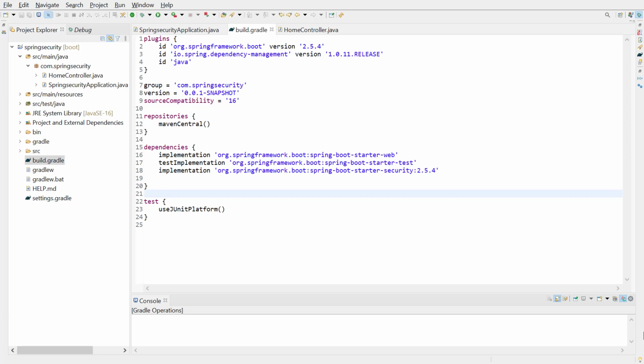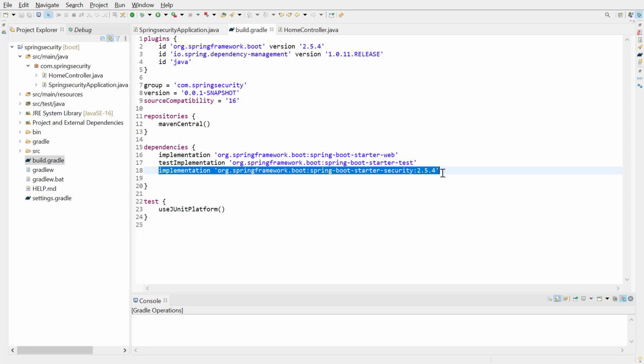In the last video, we saw that by adding this one-liner dependency in build.gradle file of our Spring Boot application, it automatically adds basic security and presents a login page for accessing the application. If you did not watch the video, it is suggested to watch it. Link is at the top right corner. In this video, we will understand different ways to define valid users to log into the application.